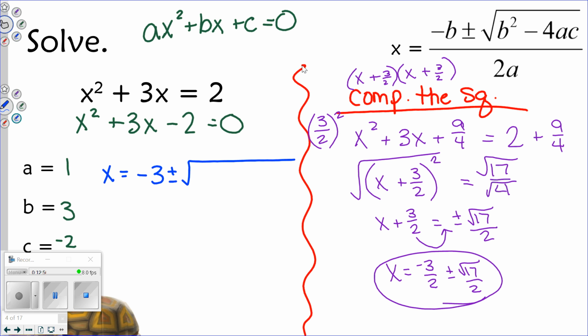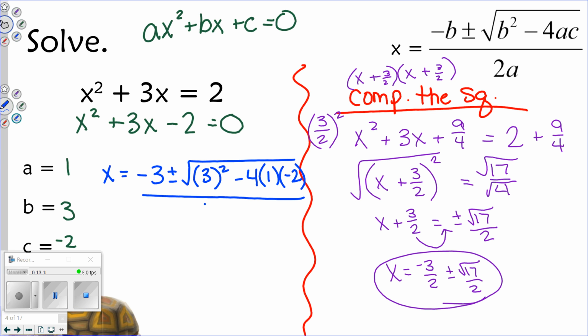So try to get in the habit, every time I plug my b value in, I always throw it in parentheses. That way, when I go to type this in my calculator, it's already there and I don't have to think about it. The fact that this is positive, it's not going to make a difference. But if it was negative, it changes everything. So b squared minus 4 times my a times my c